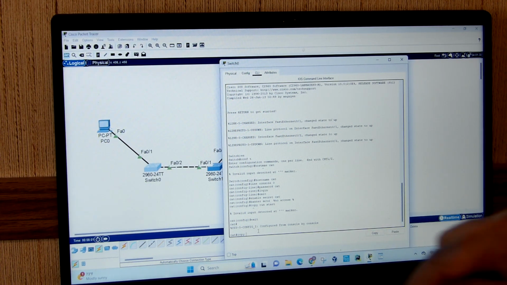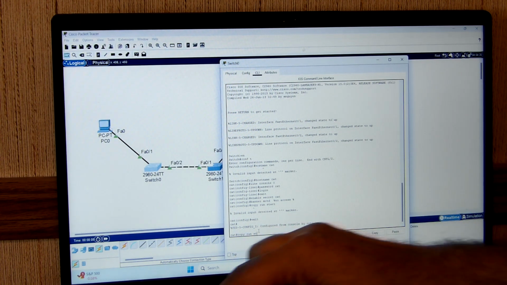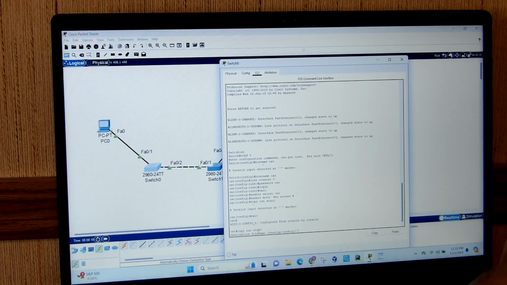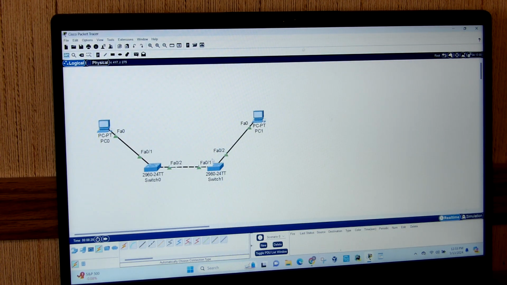Copy run start. You have to put this when it's in privilege execution mode. Okay, we configure this one, and then we go to the second